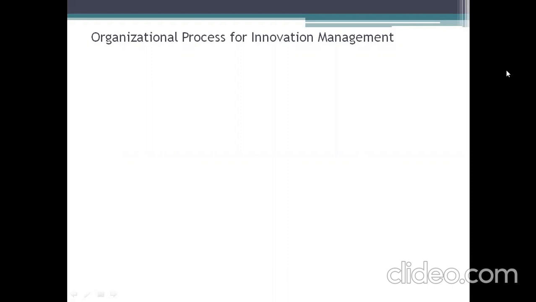This is a critical and, we can say, the lengthiest process of how the organizational process of innovation will happen. So please take more care while understanding and reading this topic. Have more concentration on it, and that's how you will be able to synchronize each and every step being taught here. The first one, the organizational process for innovation management, starts with market learning.